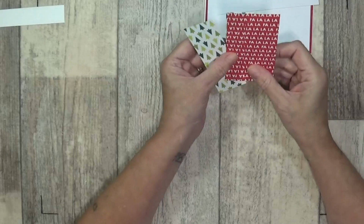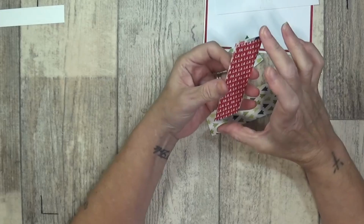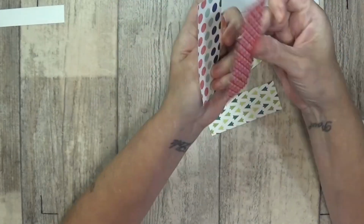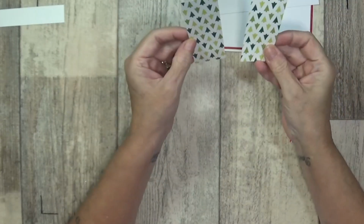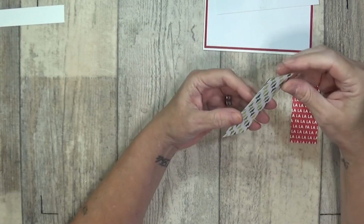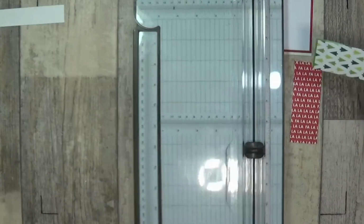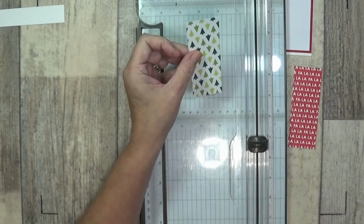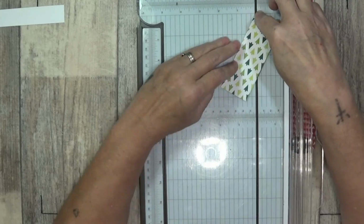All you'll need though with designer series paper is 2 pieces of one design, and when you're cutting them, we're going to put them back to back. So I'll show you in a minute. And then same with the trees, back to back. I'll just get my cutter and show you. You're going to do them back to back. I'll show you for one reason. You're going to cut from this corner to this corner,